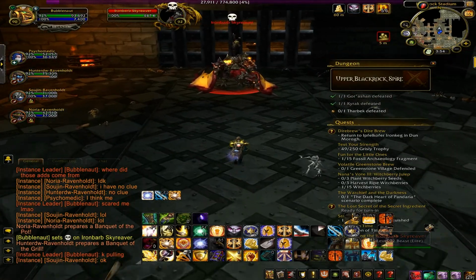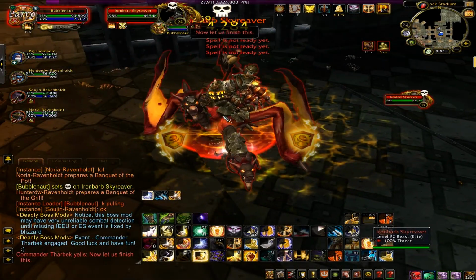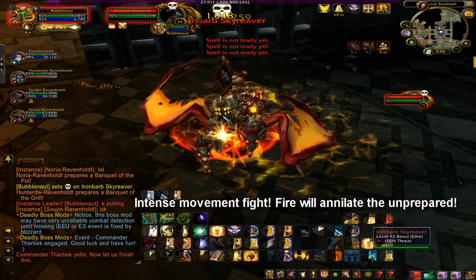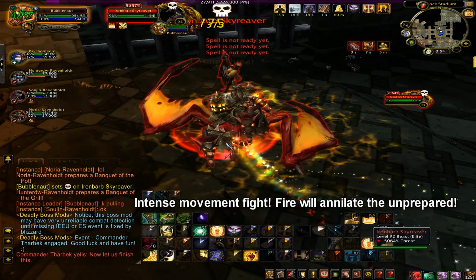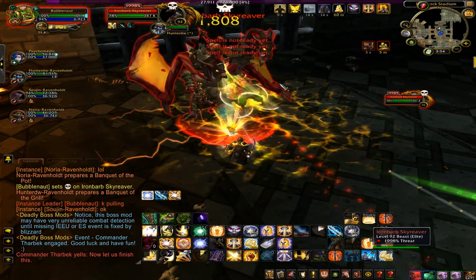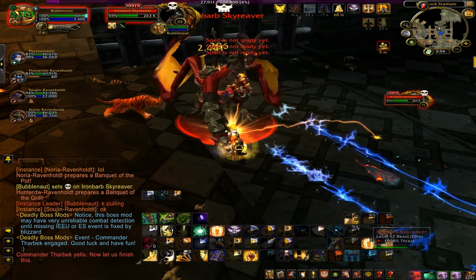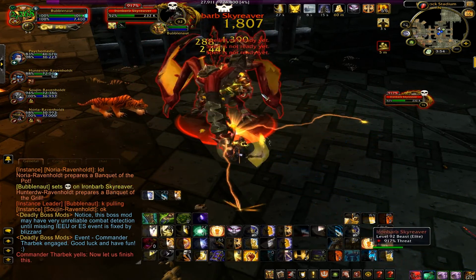Now this fight, Commander Tharbek or something like that. So this fight was pretty funny because this is really a hard, intense fight. If you don't, pretty much the mechanics will kill you no matter how much gear you have. It's insane. So first, I guess you have to DPS down his mount as fast as possible while avoiding,